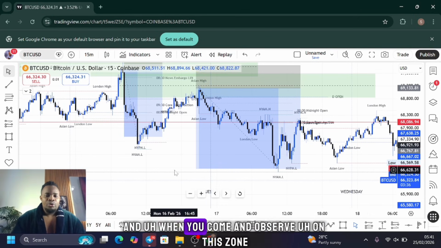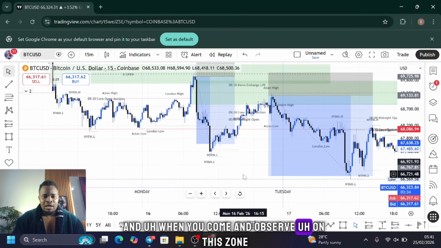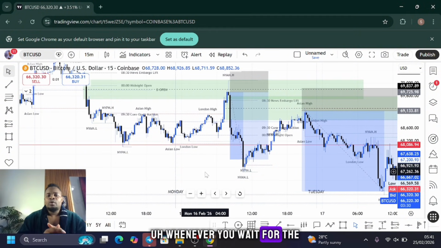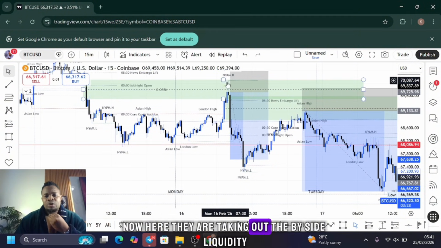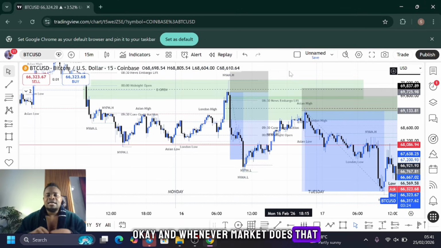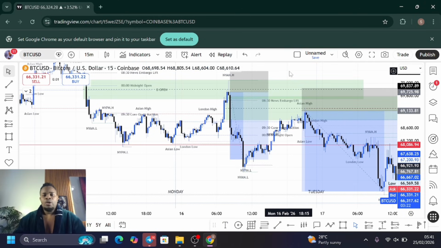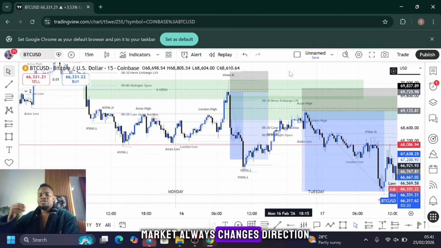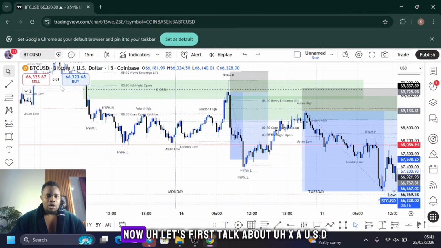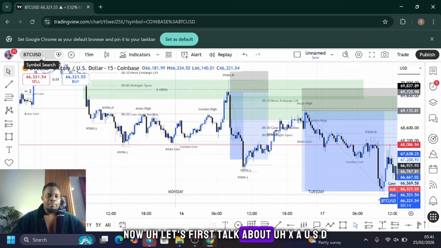And when you come and observe this zone, here they have taken out the buy side liquidity, okay. And whenever the market does that, or whenever the market manipulates, the market always changes direction. You should learn that from me from today. Now let's first talk about